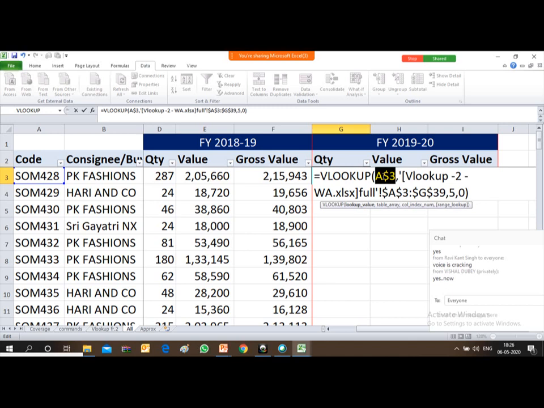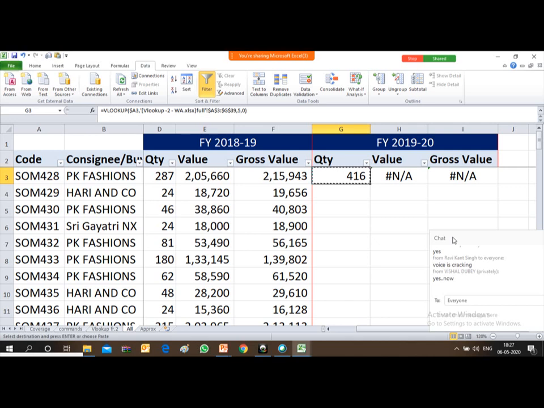If you press it the third time, it freezes the column. So here I have to freeze the column for the code, means column A I have to freeze. So what I have done, I have pressed F4 three times.